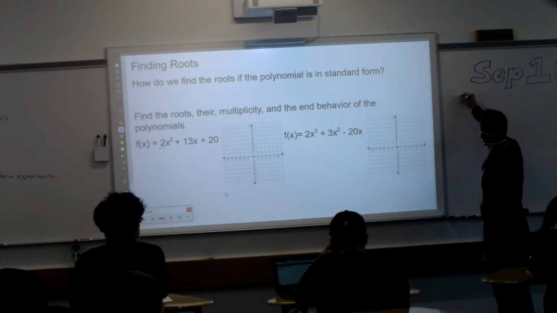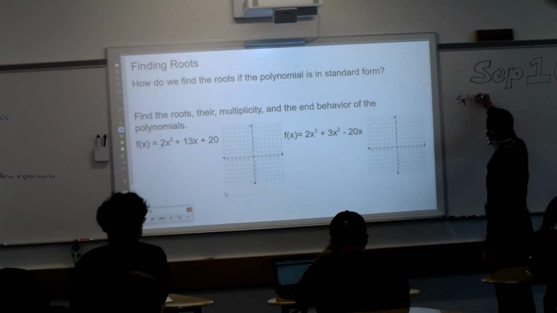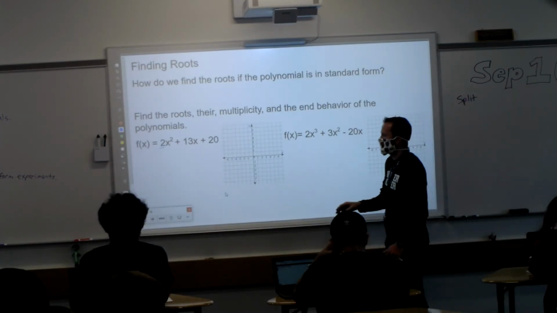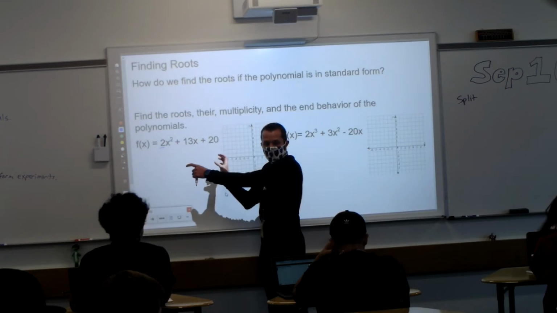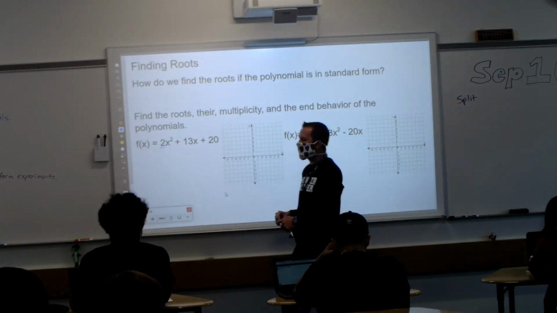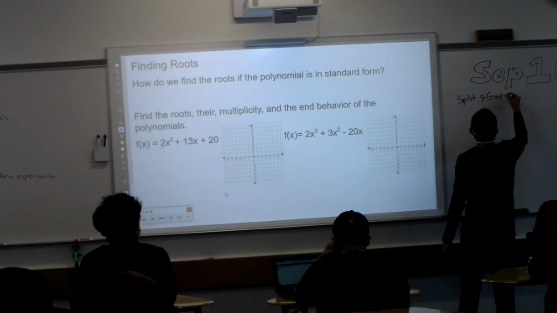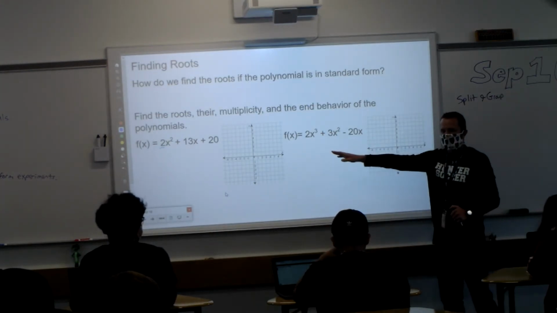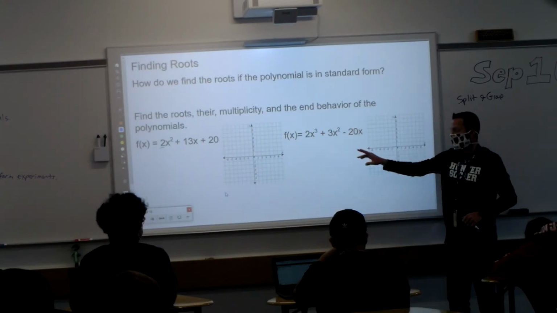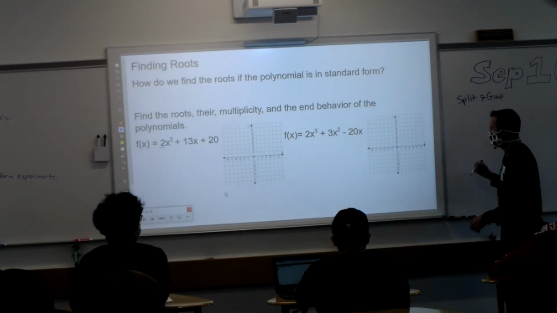So split and group, there's 2 steps. Number 1, we're going to split it up, so instead of there being 3 terms, we're going to do 4. Split up into 4 so that then we can do grouping. So I call this split and group. I'm going to demonstrate how to do it here, and then you guys, we're going to do it more on your own for the next one, and then that's our break. To do split and group,